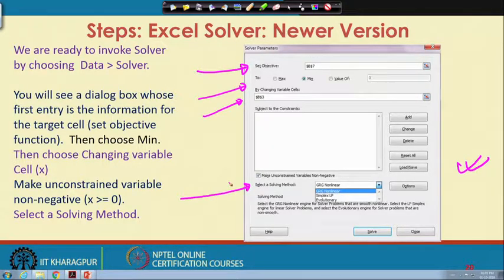You have options GRG nonlinear, simplex LP and evolutionary. GRG nonlinear is the generalized reduced gradient method for solution of nonlinear programming problems. So, let us choose GRG nonlinear.